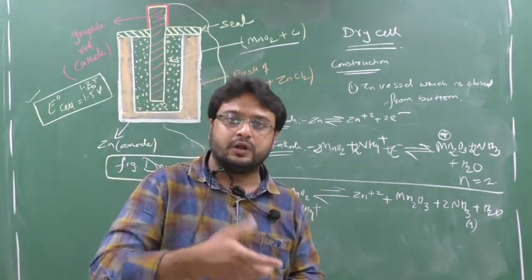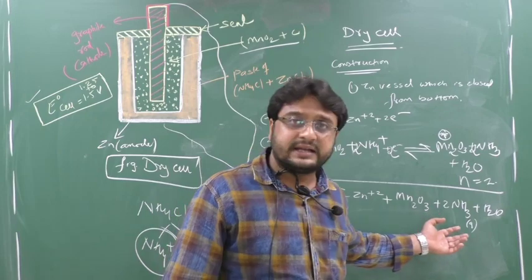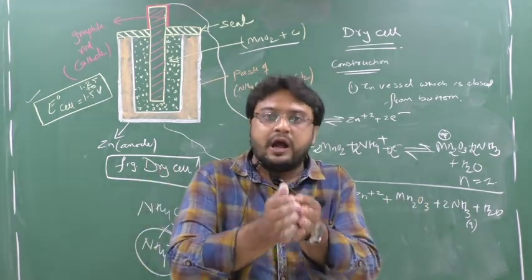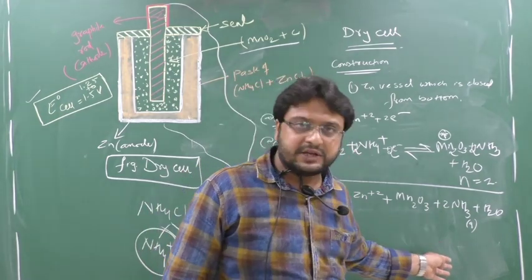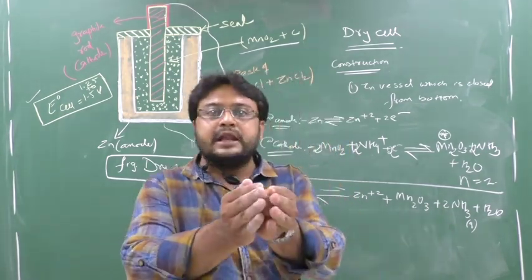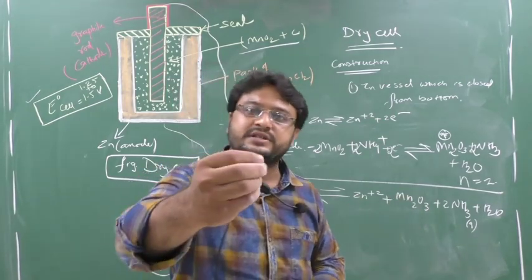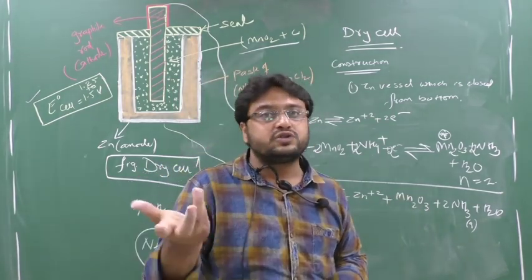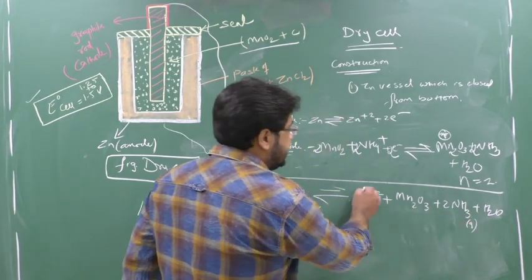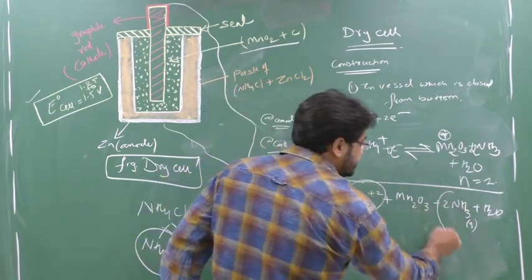Cell will not get swell also. Here the ammonia is a gas and gas will occupy certain volume, then according to this reaction, when ammonia gas is liberated, the cell must swell, yes or no? Cell must get swell, but the cell is not getting swelling. Why? Because this ammonia, what is liberated, is reacting with this Zn plus 2.